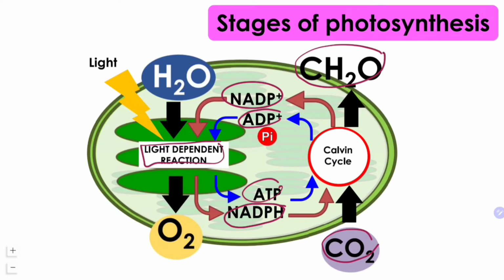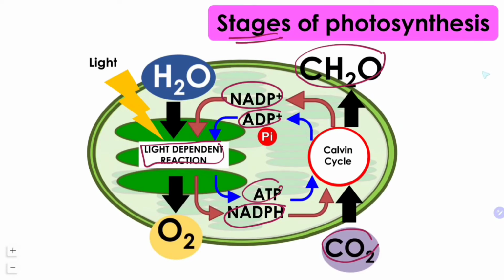So overall, without the light-dependent reaction, the light-independent reaction or Calvin cycle cannot occur. Without the Calvin cycle, the light-dependent reaction also will not occur. So we can see that the two stages of photosynthesis are dependent on one another for the process of photosynthesis